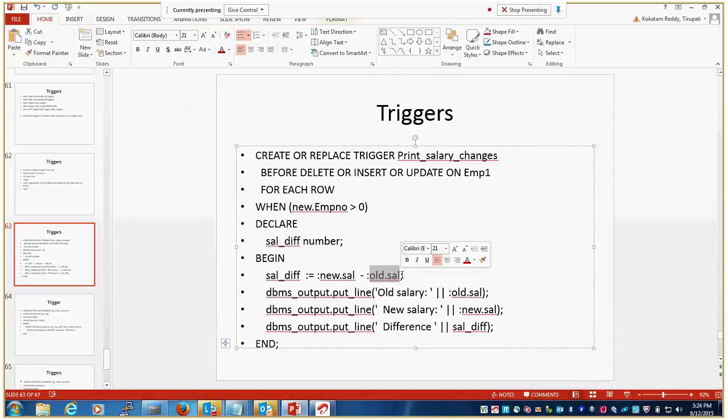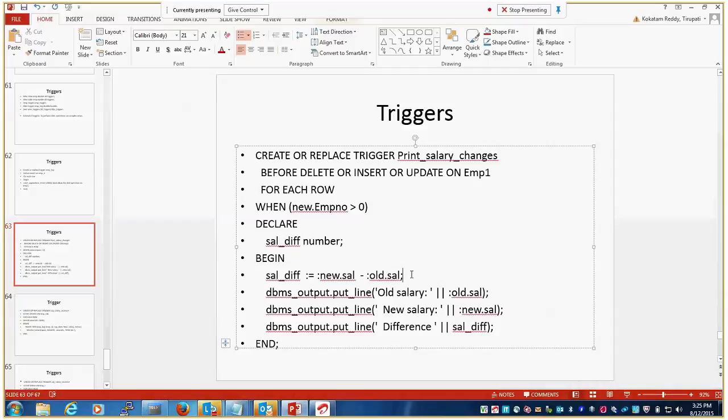It will take from the table. The old salary it will take from the table and put it here. The new salary you are trying to update, that salary it will put into here, and it will do new salary minus old salary. How much is the old salary? 1000, and the new salary 2000 we are trying to update. The salary difference we get is 1000 rupees. If there is some organization, and the organization decided to increase the salary, we want to increase the salary by only 1000 for each employee.